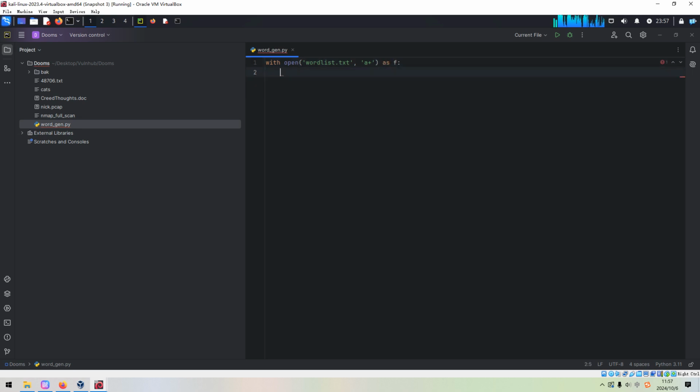The handler name is F. You can use any name for this handler, which refers to the file itself.